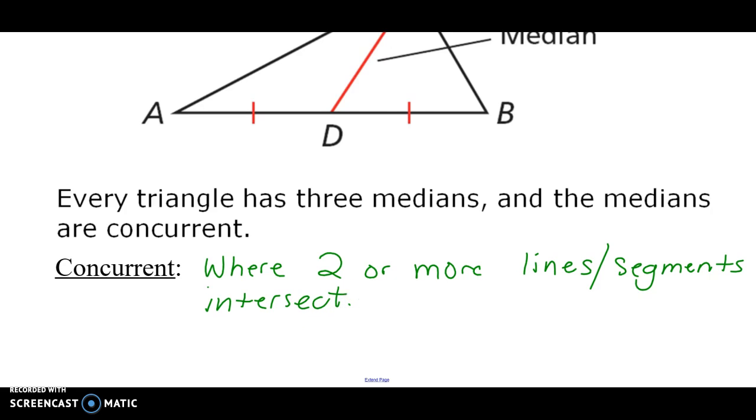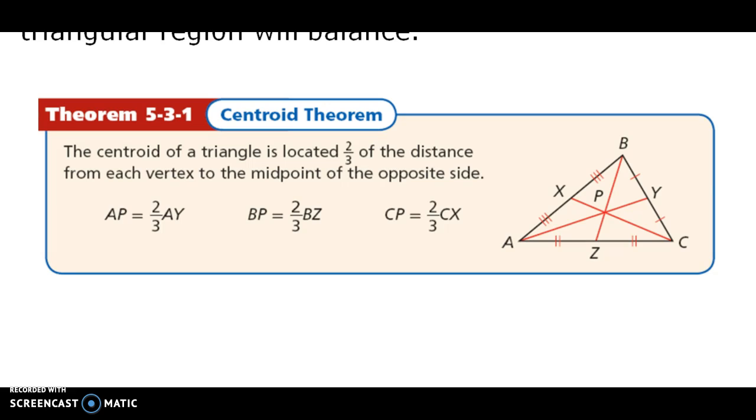Here's a definition there on your notes. Concurrent is where two or more lines or segments intersect. It's at the bottom of the previous page. I skipped past it. Concurrent, I'll give you a second to write that down, is where two or more lines or segments intersect. So a median goes from the midpoint to the opposite vertex. And what do you notice about all three medians? Yeah, they intersect. They are concurrent